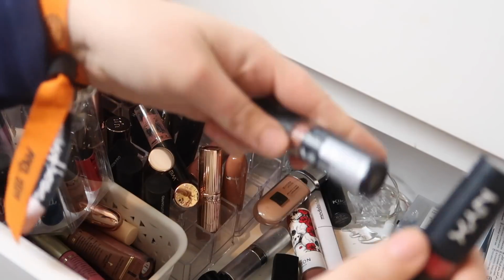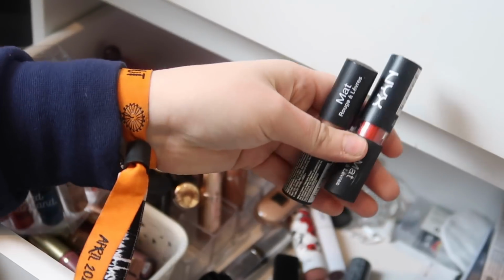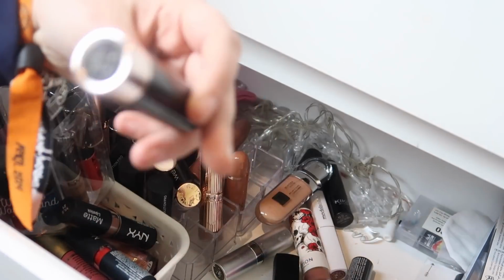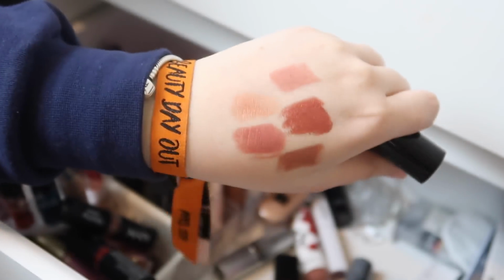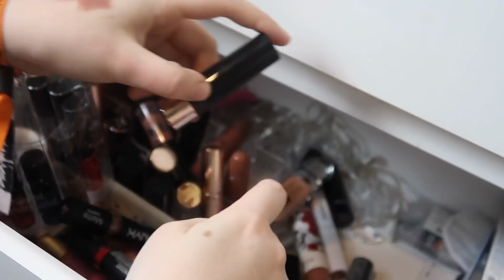I've got a couple of these little NYX lipsticks. I actually do really like NYX lipsticks. I think they're really, really good and they don't get as much hype as they deserve, so I've got them. I've got another Anastasia Beverly Hills lipstick. This is in the shade Honey. This is also one of my most favourite nudes ever. It's just like a nice brownie nude. I got this from TK Maxx for like $9.99 as well,